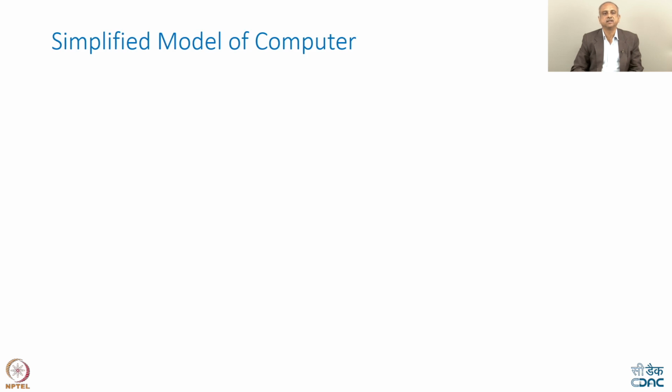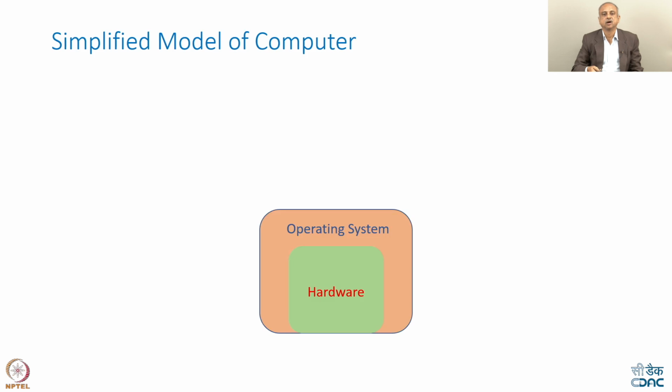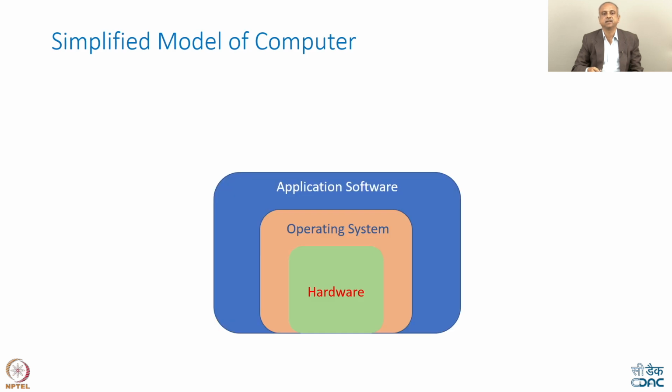So, to understand this, let us look at the simplified model of a computer. It can be divided into three basic parts. You have the hardware. On the hardware runs the operating system like Windows or Linux, and then under the operating system you can run